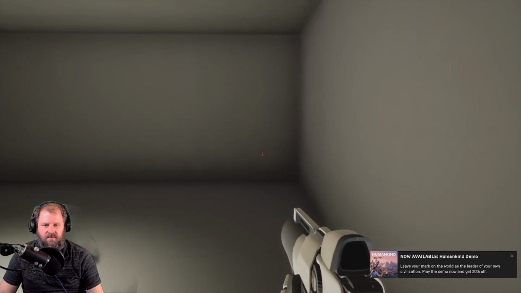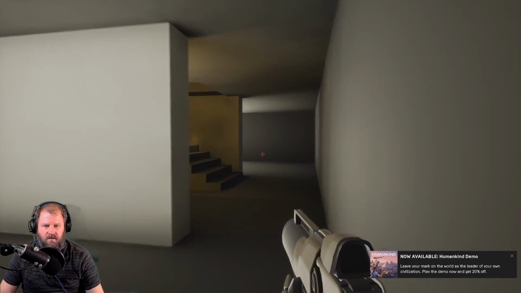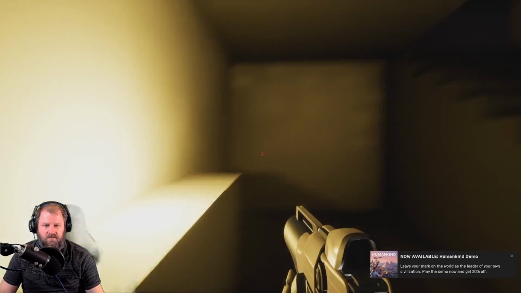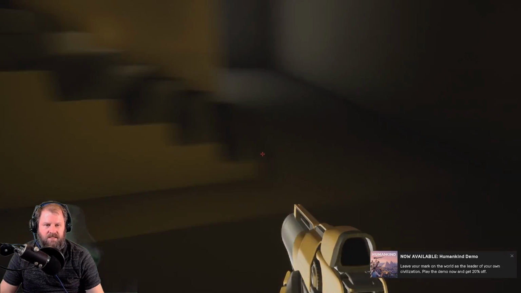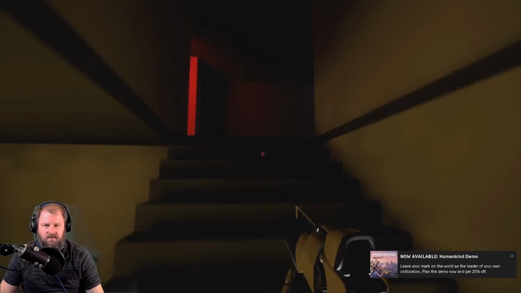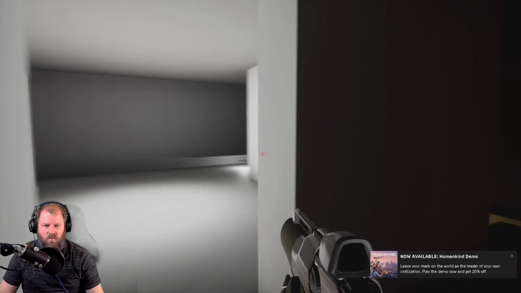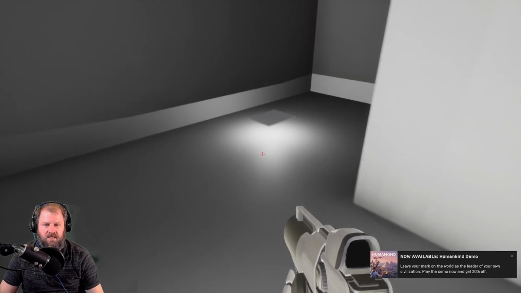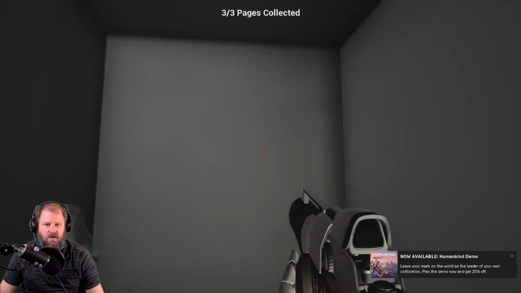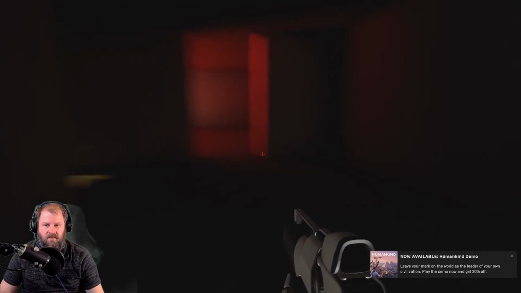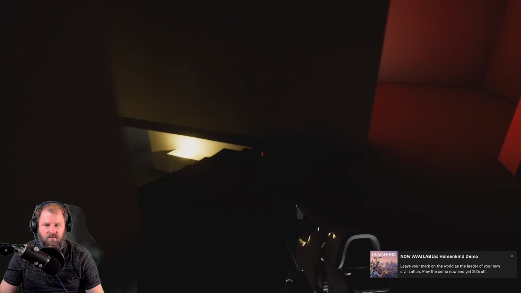Okay, so I need to find the 3rd paper. Oh, here we go. Some stairs. Just thinking aloud here. Just making some chit chat. This is nice. The lighting on the stairs looks nice. Nice size. Got the landing up top. Some more rooms to explore. I'm wondering how much detail will go in there. I'm not sure what the backstory is with the 3 pages, but I've collected them. Now I feel like I need to move on.